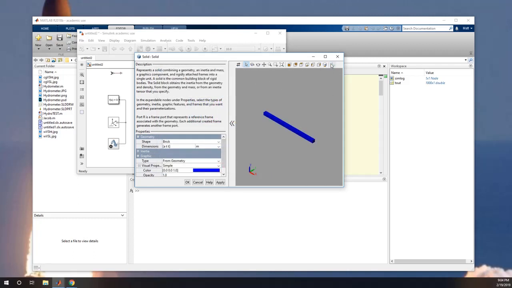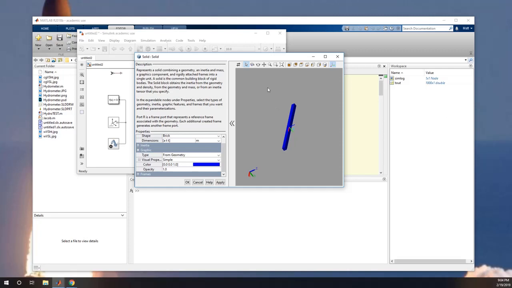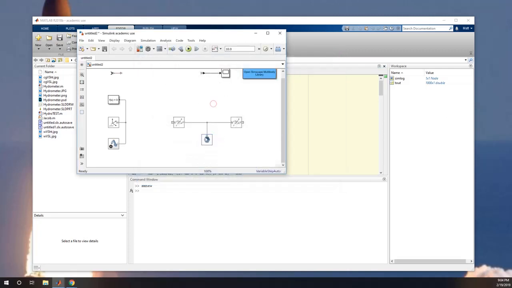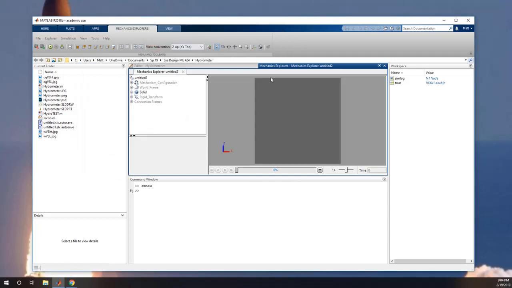And if I click on this button over here, it'll show me a reference frame that is connected to R on the block. You can see that the red axis is X, green axis is Y, blue axis is Z. So that's how the axes are oriented on the brick when it's extruded. Now, I'd like to show the reference frames here. So I'm going to get rid of this just for demonstration purposes. We'll connect this to the world frame. So now, if we update our diagram, switch to the top view,